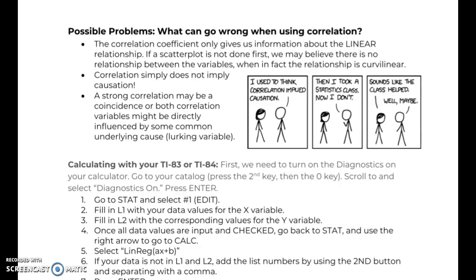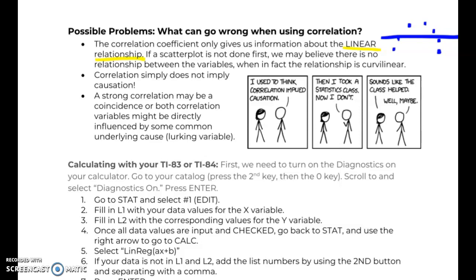So what can go wrong when we use correlation? Well, be very careful. As mentioned before, you want to make sure that you're using linear relationship only. So make sure you look at a scatter plot first. Make sure that there is a linear relationship between the two variables. Otherwise, you may miss a strong nonlinear trend. Like I mentioned before, in the example, we could have a correlation coefficient of 0 because we have nonlinear data over